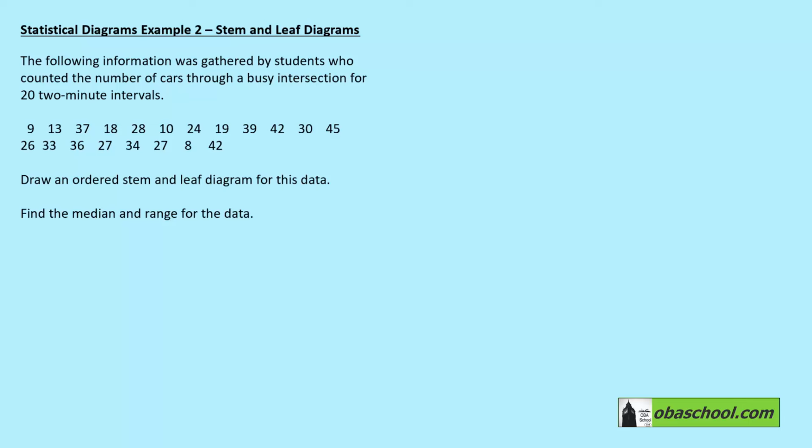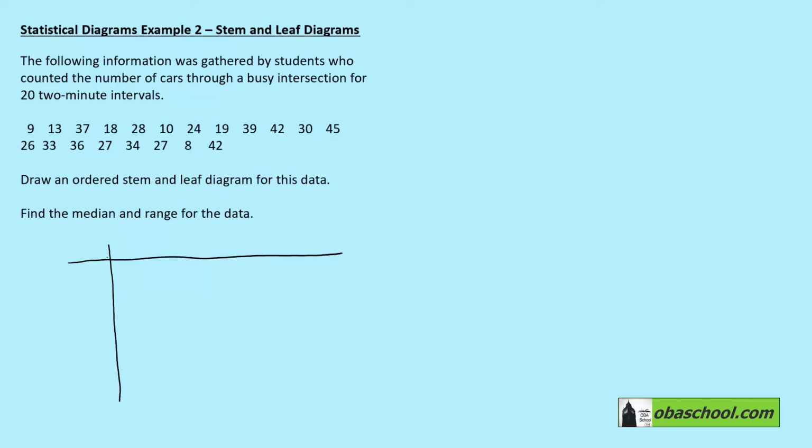The following information was gathered by students who counted the number of cars through a busy intersection for 22-minute intervals, and we can see the numbers here. Draw an ordered stem and leaf diagram for the data. So the first thing is to probably draw an unordered diagram where we just get the data into the stem